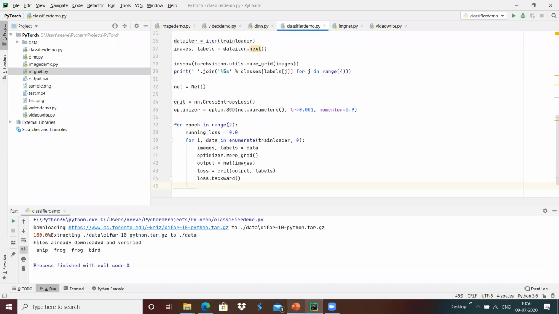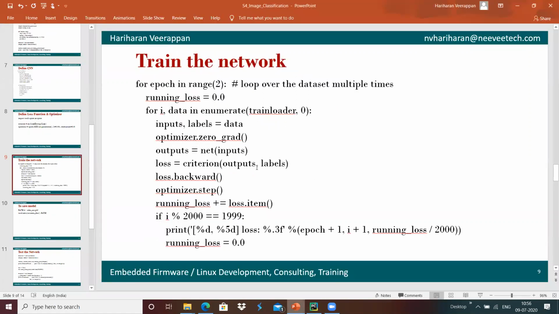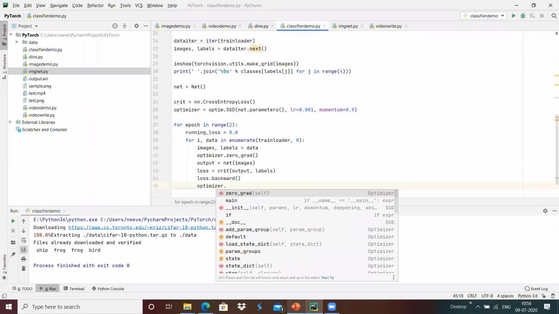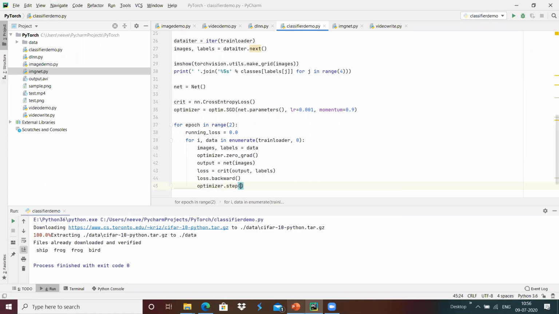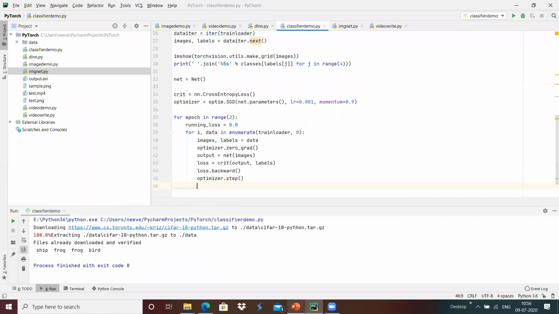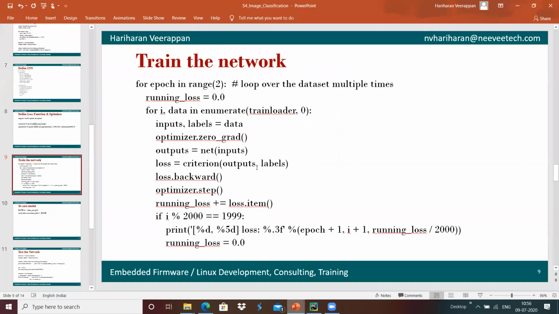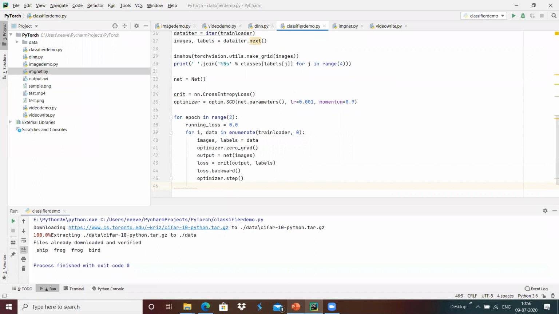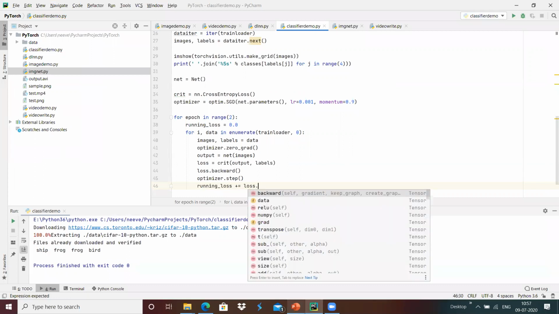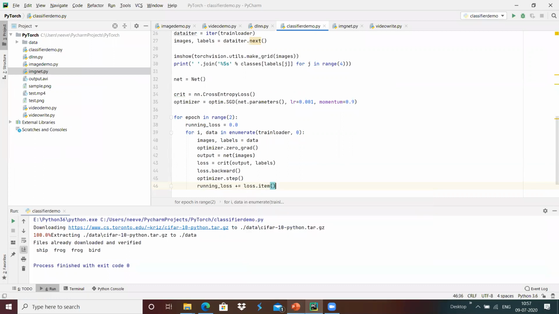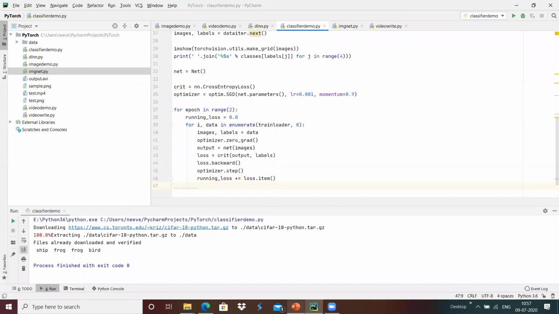Once it is done, we do optimizer.step(), and we are moving ahead with the optimizer. We are going to calculate the complete running loss. I'm going to use running loss, which we have defined as 0, and add the loss to it, loss.item().